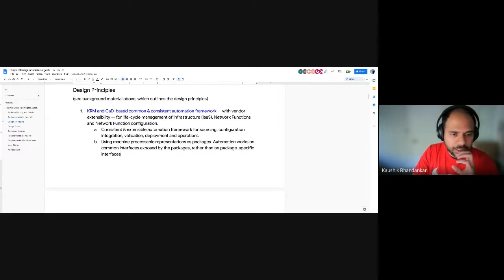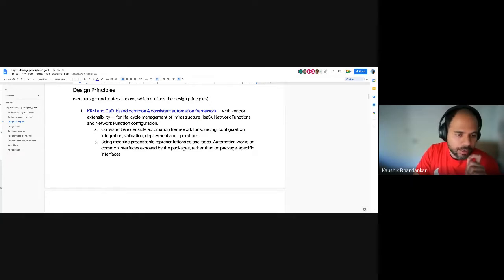So there are 3 design principles that we outlined for Nephio as a community. First is Kubernetes resource model and configuration as data-based, common and consistent automation framework. What this implies is, common and consistent are the keywords. Across infrastructure, network functions, and the network function configuration, there has to be a consistent way, using KRM and CaD, for lifecycle management of those resources at each of those layers, with vendor extensibility.